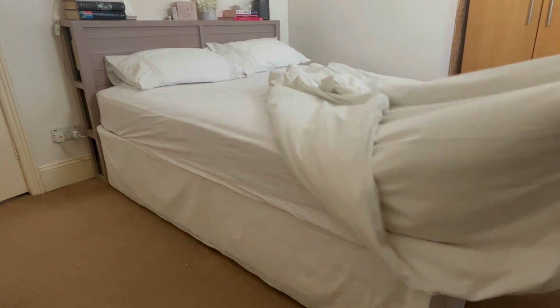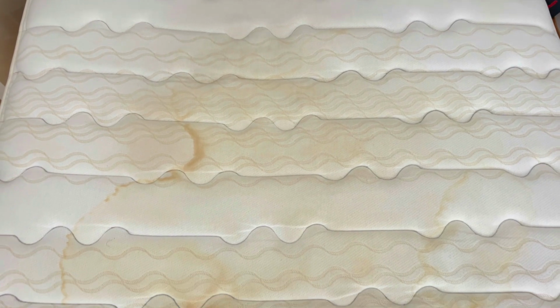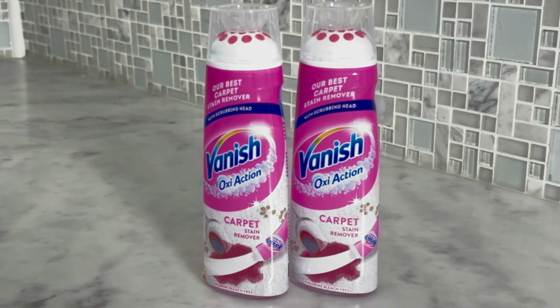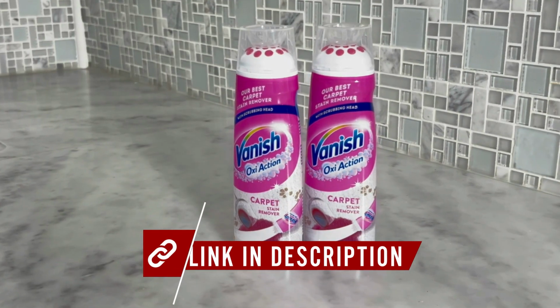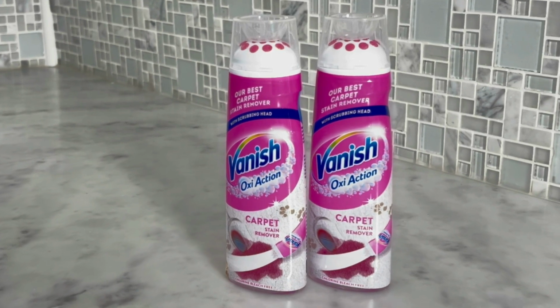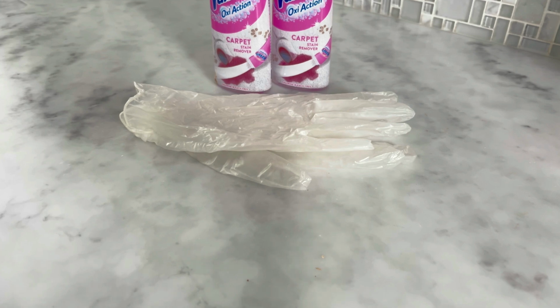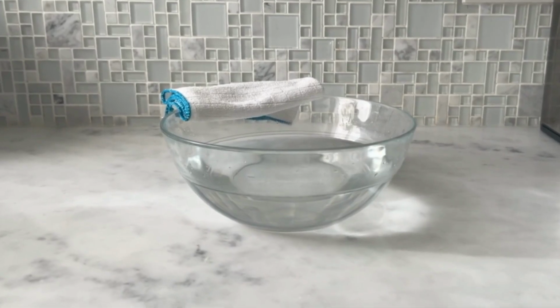Today I'm wanting to share with you a cleaning hack for your stained mattress using Vanish carpet stain remover. This product can actually rid your mattress of stains too. Now all you're going to need is a pair of gloves and a bowl of warm water and a microfiber